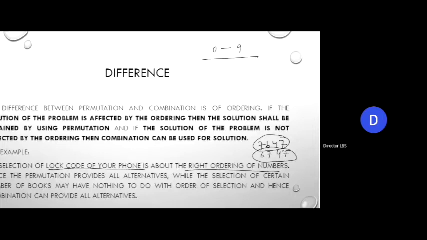Now, if I have to generate a password of 3 digits by selecting any particular number from 0 to 9, then how many possible passwords I can generate becomes the problem of permutation, not of combination. क्यों? क्योंकि जिस order में आप number pick करोगे, that's correct. 10P3 is a correct answer. But what I am trying to say is, जिस order में आप number pick करोगे, that order becomes very, very important. That's why this is a problem of permutation, not of combination.